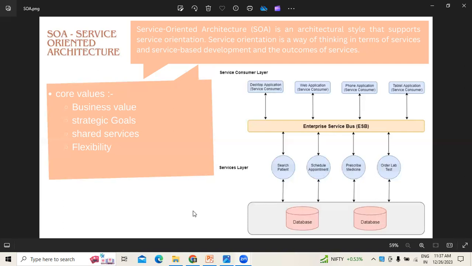So hence, what do we have to do? In spite of writing business logic for all the applications,